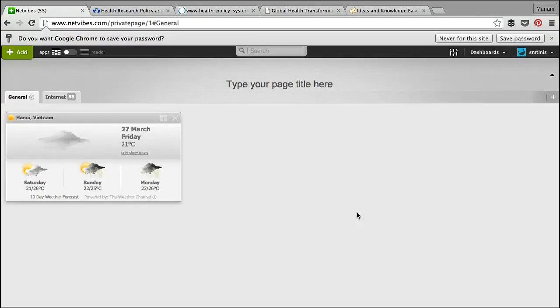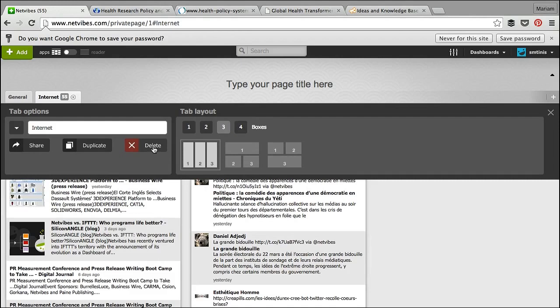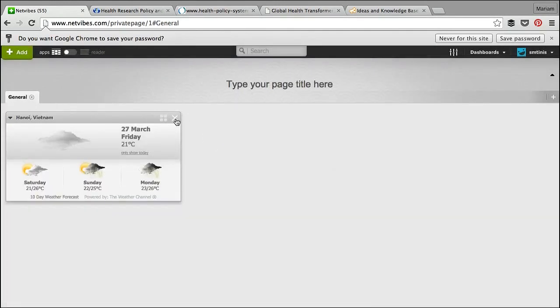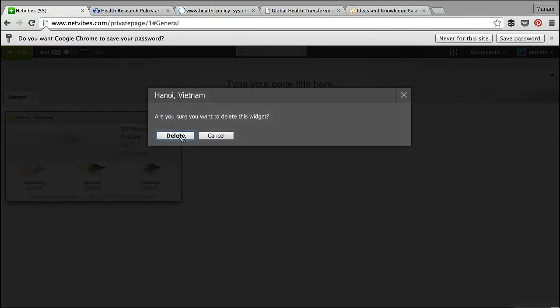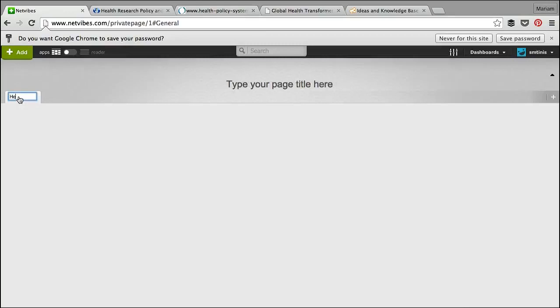Activating the account will take you to a default dashboard that will be populated with some default content. You can delete tabs by clicking on the drop-down arrow in the right-hand corner, selecting and confirming delete. Similarly, you can delete a widget by clicking on the cross in the right-hand corner. To rename a tab, simply double-click on the current title and replace it with the new one. Once you have cleared the default information, you will want to start adding your own content, which you can do